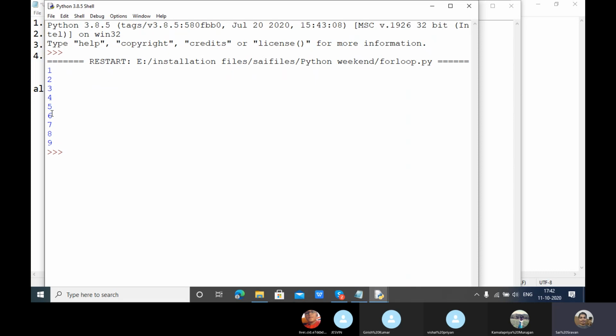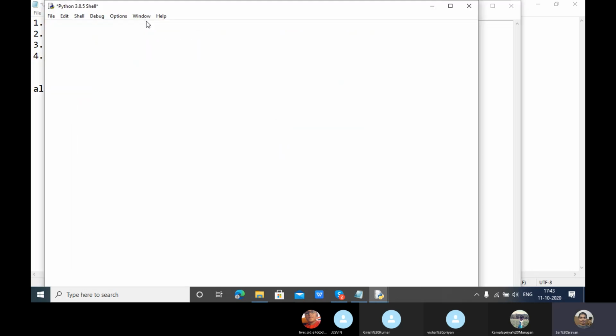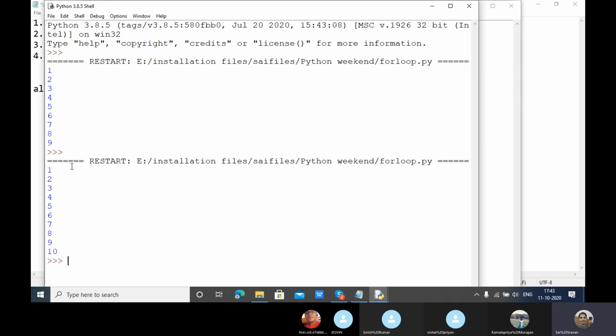If you count, only 9 values will come. This is one thing you have to understand: the for loop will always print up to end value minus 1. The end value is 10, so up to 9 it will execute. If I give 11 here, it will print up to 10.